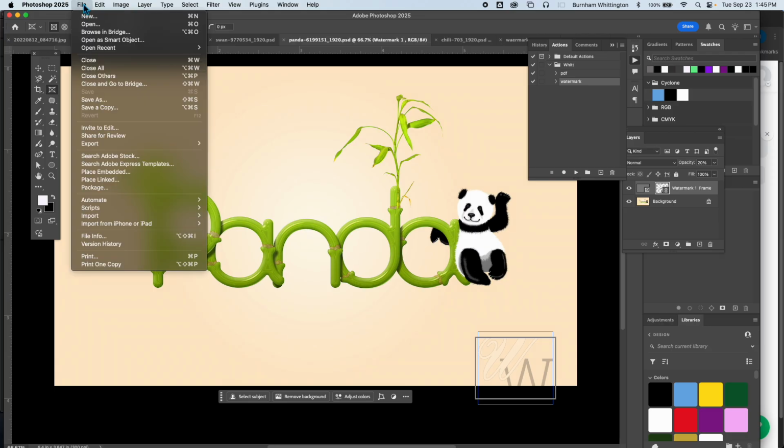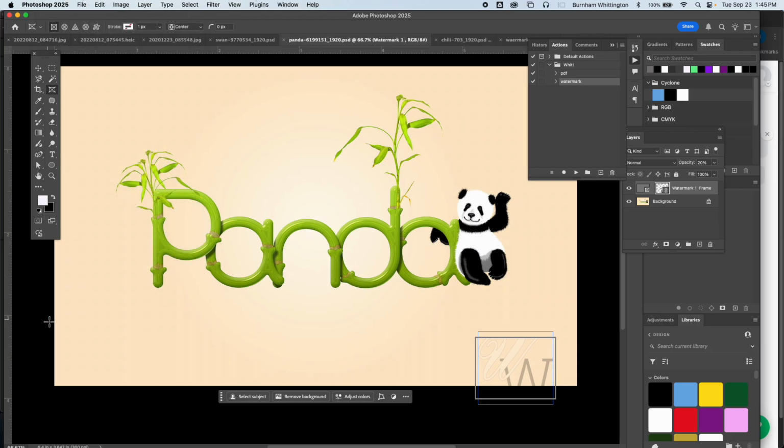So if I close this and reopen it, the watermark will be there. Okay, so I don't have to mess around with it. Once I get that process right one time, I record it, and then I just play it. So that's why we want to learn to